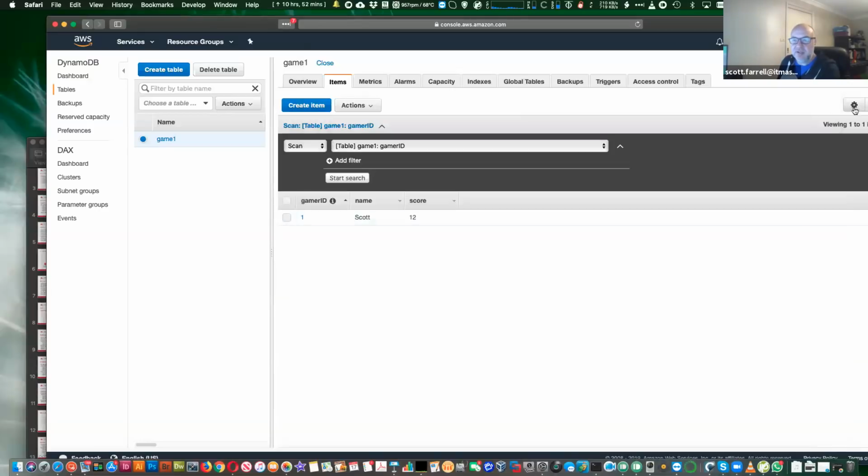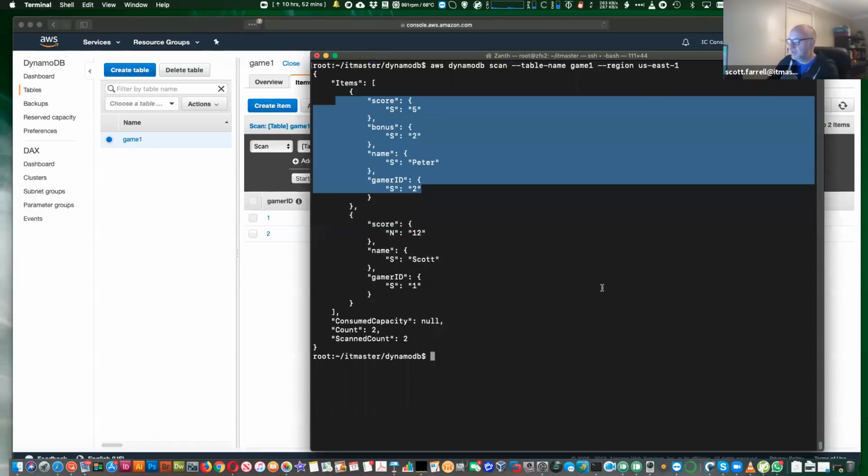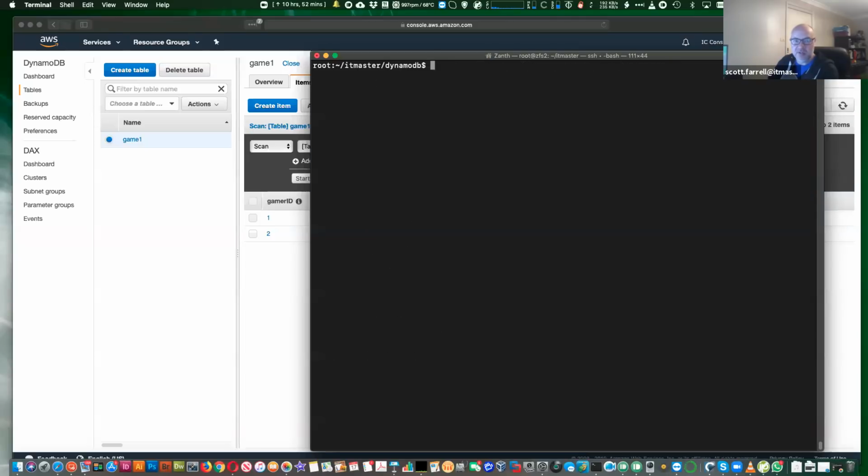One thing you'll notice, if I come back over to the web console, it's added this column for bonus. And I didn't have a bonus record. We didn't go and change the schema. We didn't do SQL ALTER TABLE ADD COLUMN, which usually freezes the table in most SQL servers. So it did that live. So that's a good advantage of NoSQL type solutions, is they're schemaless and it's live.